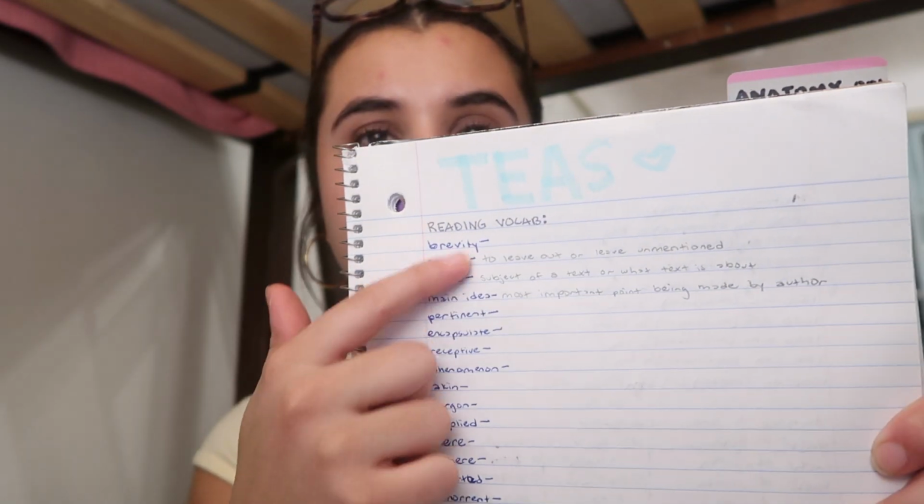So I think for math each day I probably spent 1 to 2 hours. It wasn't too bad because once again it was really easy for me. So I did the same thing as reading, where I did all the practice questions and I wrote down notes, I wrote down formulas. So I'll give an example right here. For the TEAS, I started writing reading vocabulary that I didn't know or that I wanted to reiterate to myself. As you can see, I have a couple here, but I obviously didn't finish it because, you know,